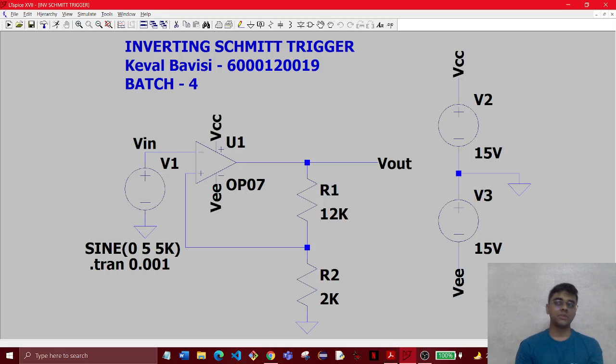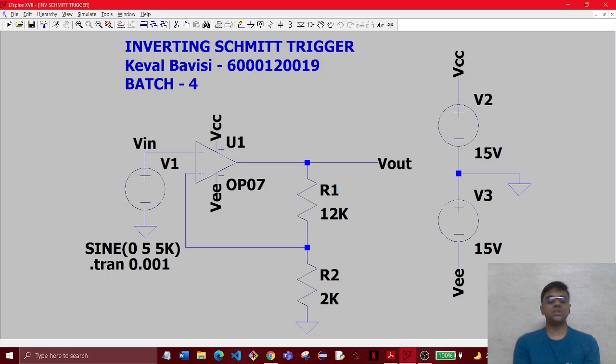We use a Schmidt trigger because, as we have seen in the previous experiment, when we use comparators at higher frequencies, noise creeps in, and due to that the input deviates from its path. We don't get a very reliable output, the toggling from 0 to 1 is not reliable, and it doesn't give us a perfect approximation of the output we have to understand. So we use a Schmidt trigger.